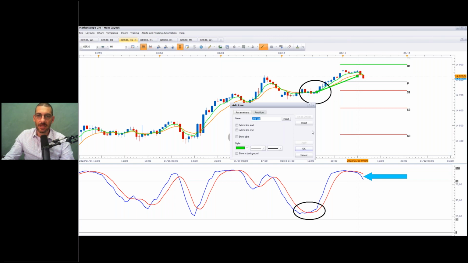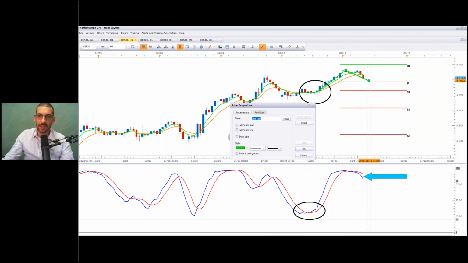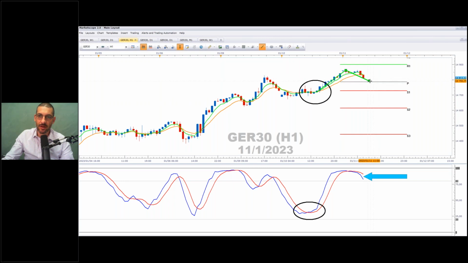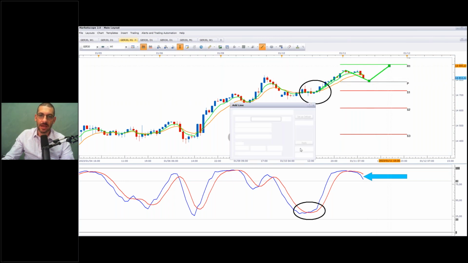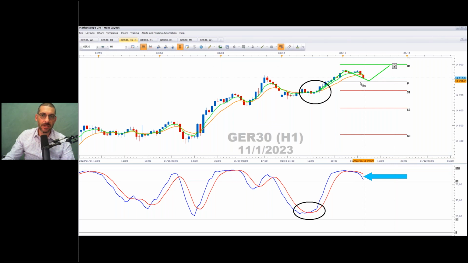Now you can see what's happening with DAX now. So DAX is now pulling back. 1, 2, 2, 3. Now we want to watch the central pivot for support, and we want to see if that central pivot holds. Do we get the next impulse up? I'm going to put a question mark there because we don't know in advance. But what we'll do is we'll watch the